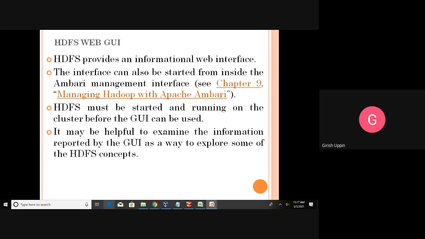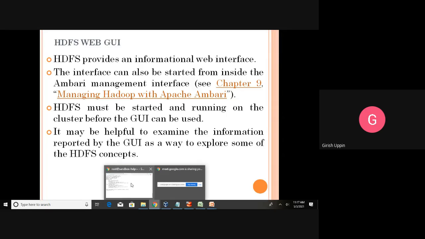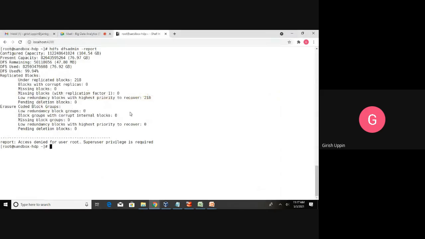This means the HDFS must be up and running before you start the GUI, that is the Ambari server. It may be helpful to examine the information reported by the GUI as a way to explore some of the HDFS concepts. Using this particular GUI, we can explore the information. Also, we can have some control; some actions can be taken. How to access it: once you have a successfully running HDFS system, you will access the web GUI